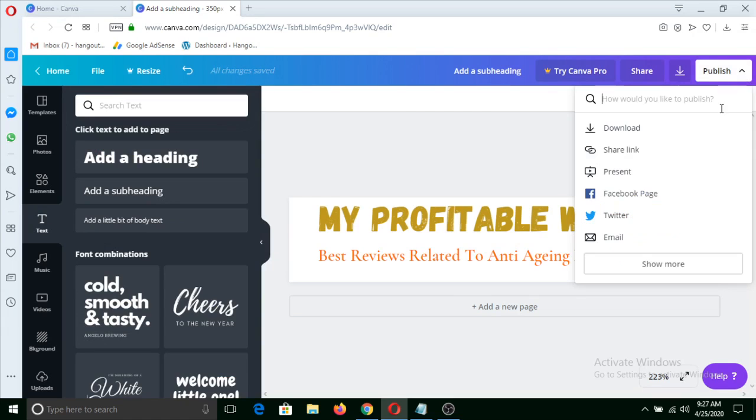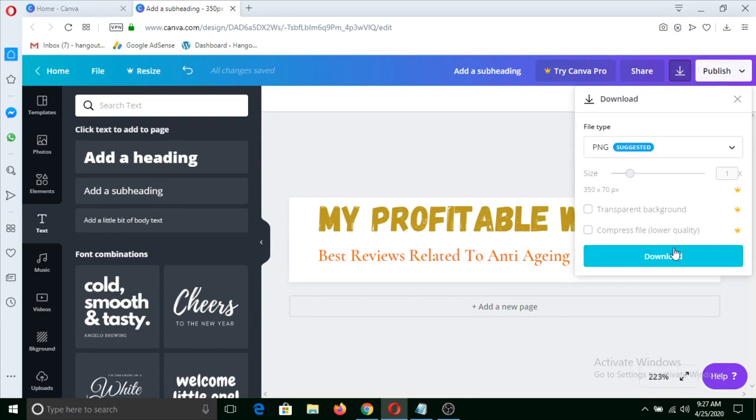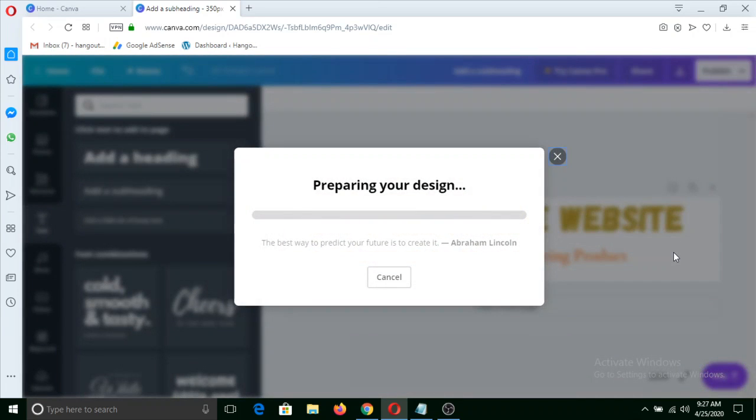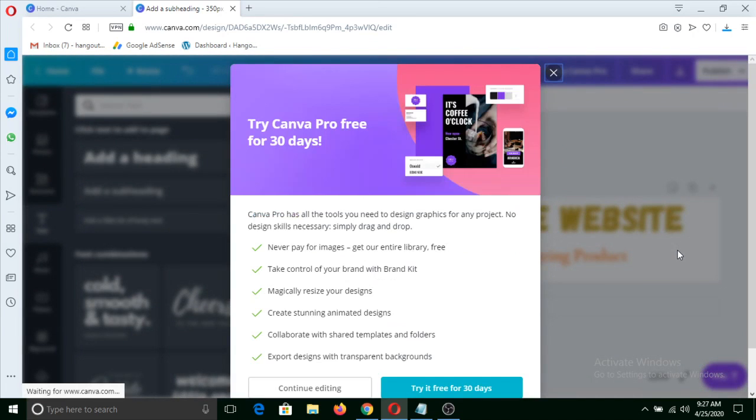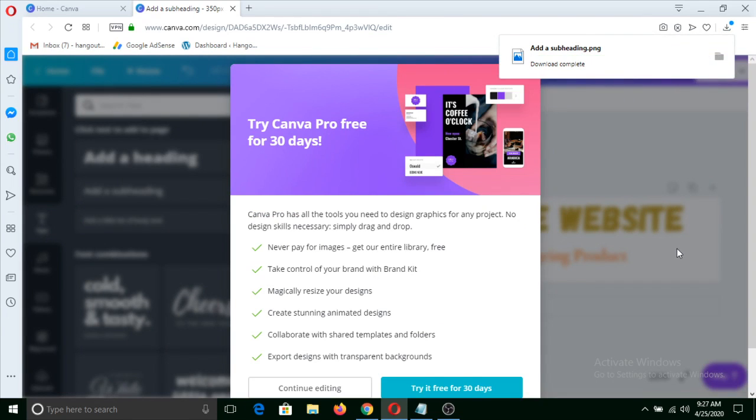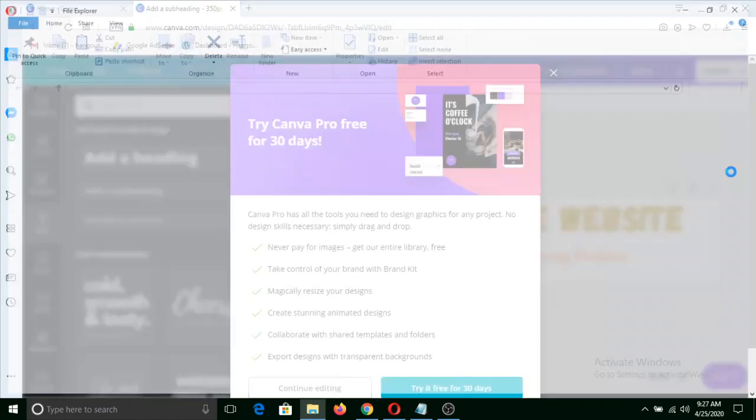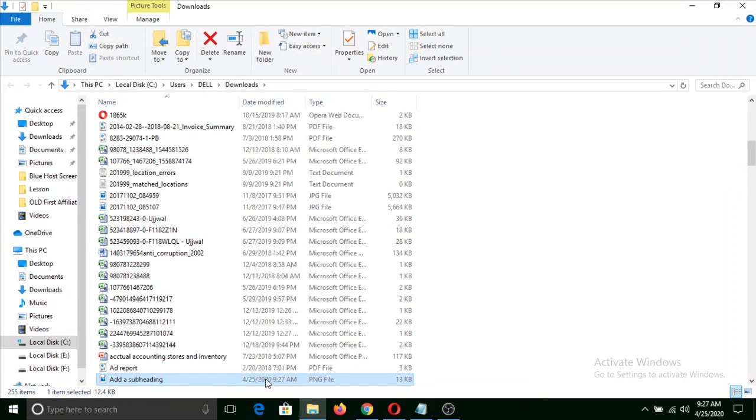Now I'll click on here publish and click on download. So here I can see download is completed. Now I'll simply click on there, and here I can see my logo.